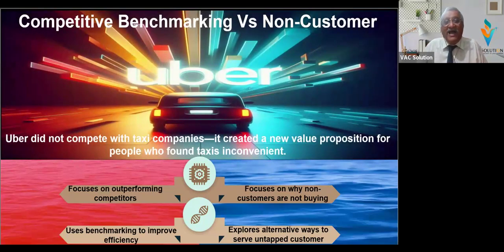Just imagine, as Ford had said, if he had asked people before the automobile what they wanted, what would they have said? They would have said, we want a faster horse. That's what they would have said. If Ford had gone and benchmarked mobility at that time, he would have found only a faster horse, or maybe tagging two horses to a single carriage, or changing horses every three kilometers or something like that. That question did not help, so he did not benchmark. And the outcome is the automobile.